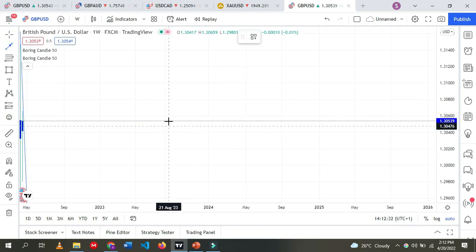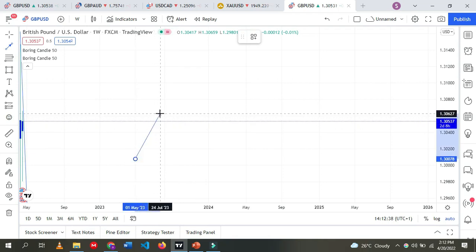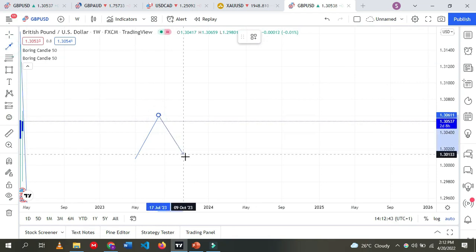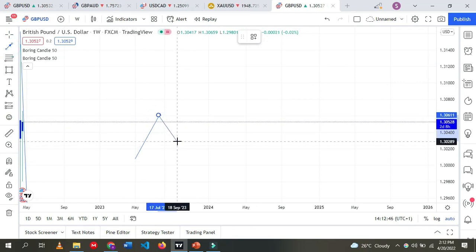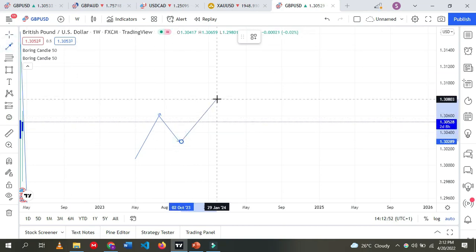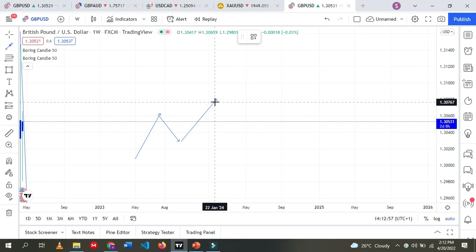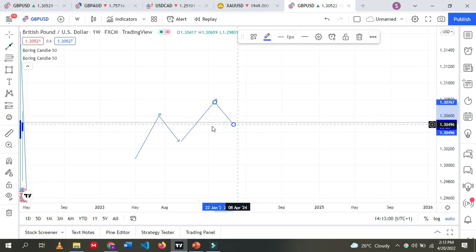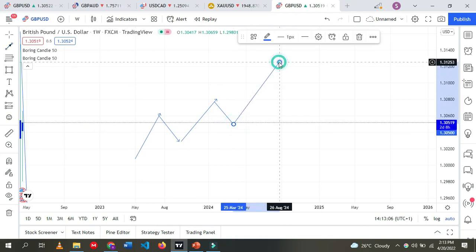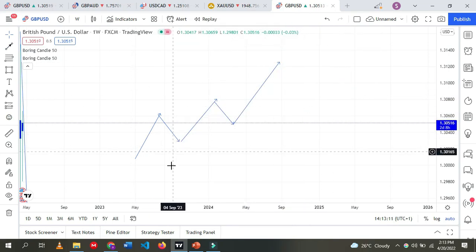When we are talking about uptrend, the market comes up, comes down to this level. Market moves up, comes down,